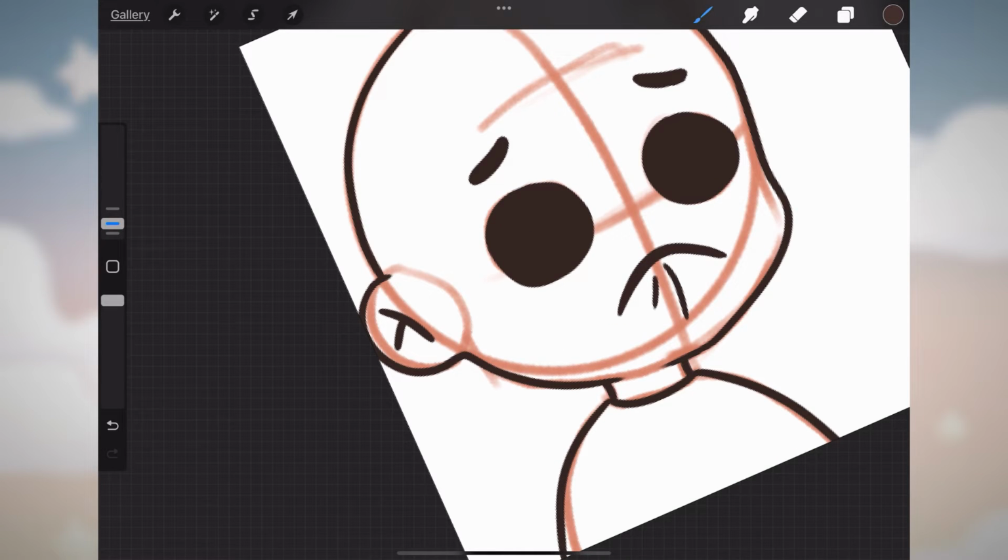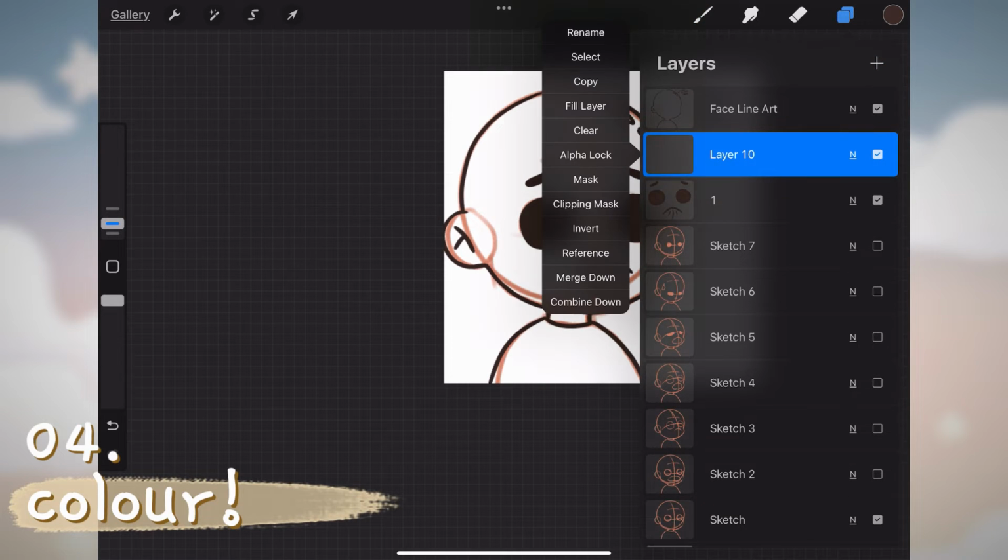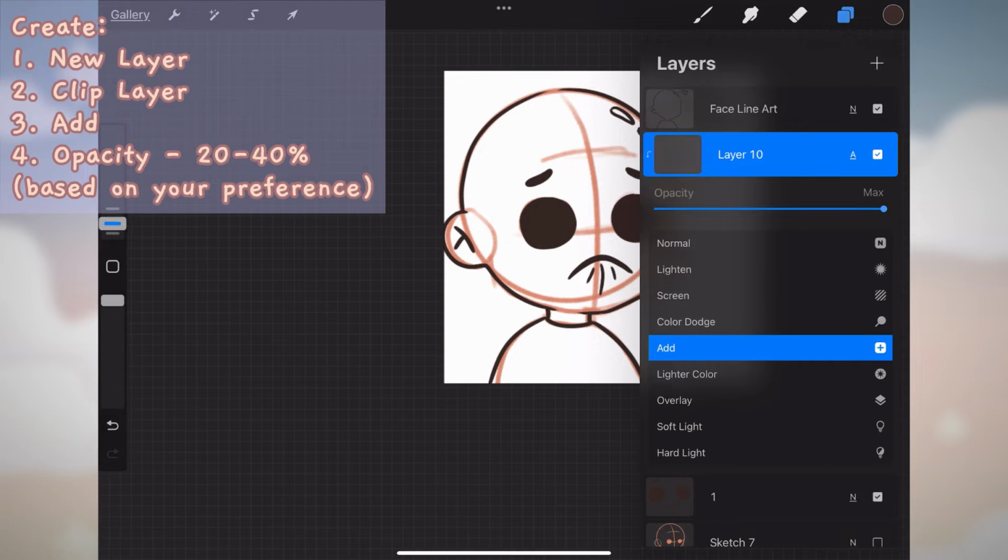Luckily, this expression is pretty simple to outline, so I'm going to put my layer settings somewhere on the video,